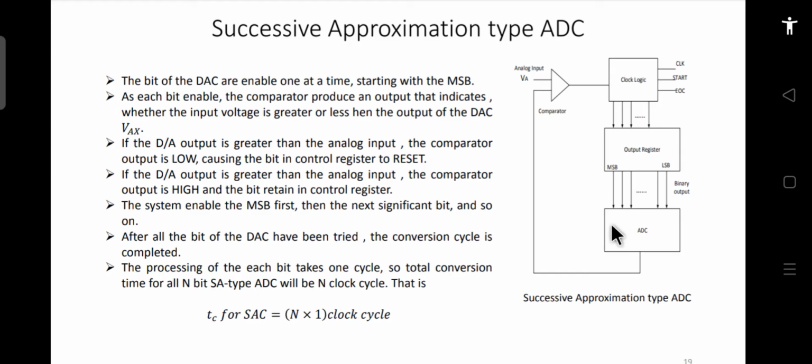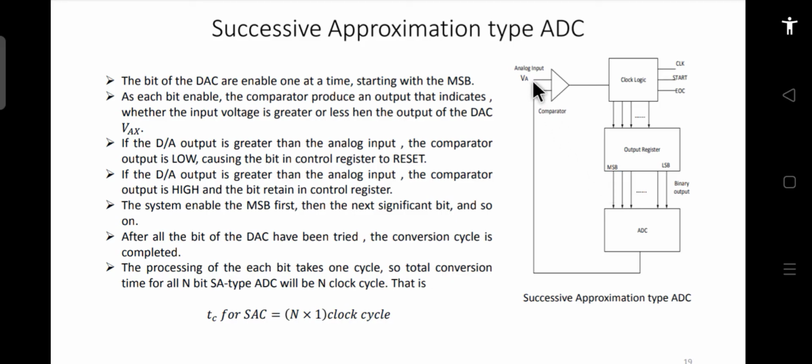Okay, so what happens is, if this output is greater than or less than this input value, depending upon that, your MSB will be set. So if this is higher than this, then this will become 1, but in the next stage it will again check for this bit. If this input value is still greater than this value, then the output bit will be 1.